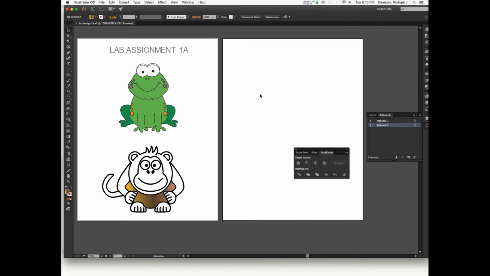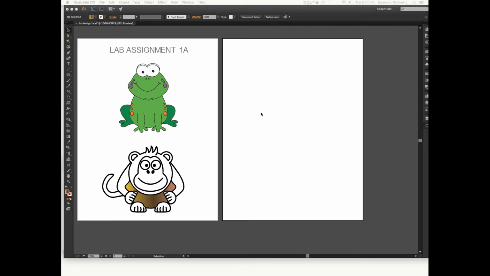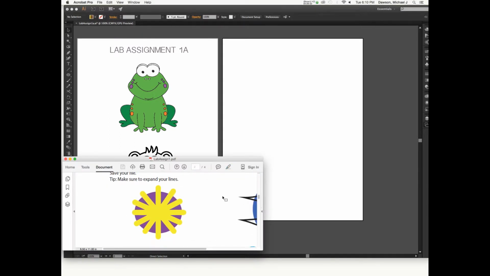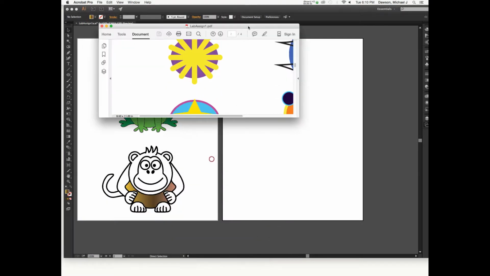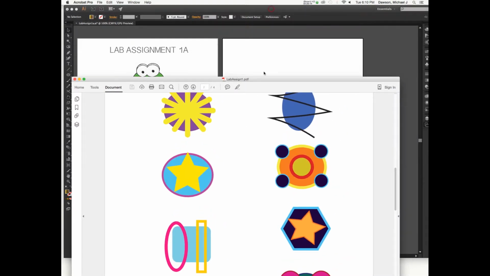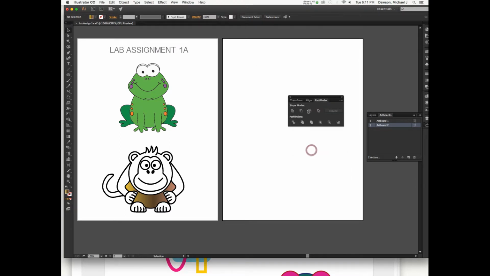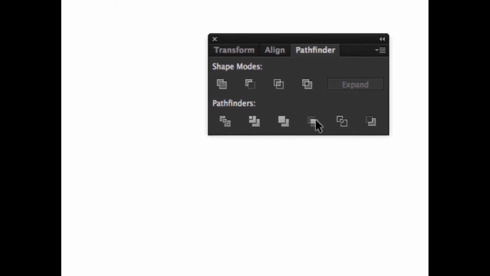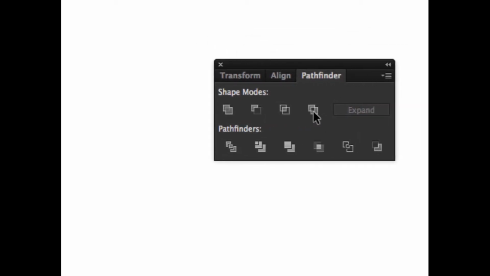Now, one of the things that the Pathfinder doesn't like very much is strokes. I'm going to bounce back and forth between this object. So let's start with this first object. Incidentally, these are just in order of the Pathfinder options, except there's one that we skip. This first one is simply that top left option, and we're going to go in order from left to right. There's one of these that we were going to skip. I think it's this one. So there's the shape modes, which kind of act like